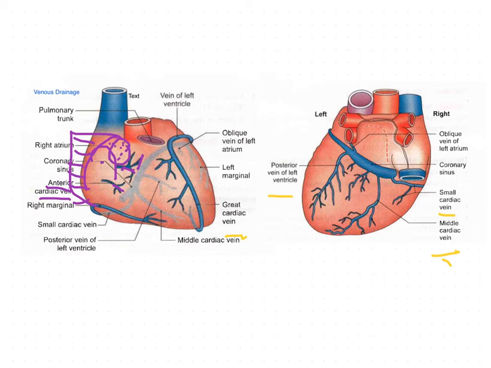So the more number of openings are present on the right atrium. Though the left side is a pure blood carrying heart, although they are carrying pure blood, some of the venae cordis openings are present in all chambers, but very minute or minor openings are present. That means a small number of openings are present in the remaining chambers, but a large number of openings of venae cordis minimi are seen on the posterior wall of the right atrium.